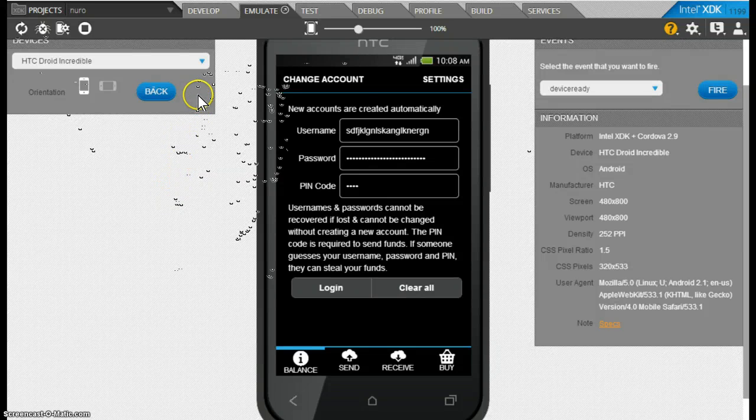So if we look at the implementation here, in the last videos we went through how we generated the private keys from the username, the password, and the PIN code. And the translation of this for the average user is that we're creating an account, right? You don't tell the user, I'm creating you a private key. What's that? No, we are creating them an account. And the account is identified by their username, password, and PIN code. And when they log into this account, which they can do from any device, because as we have discussed in part 2,